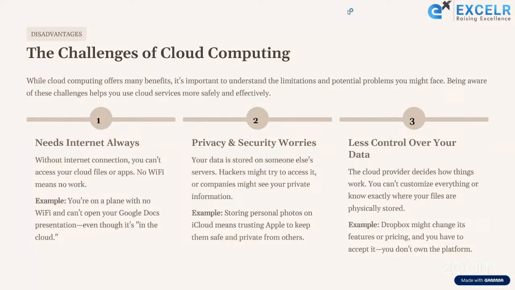Whenever you want to access any kind of resource, the internet is very much required here, because without it we cannot access any resource from the cloud providers. So that's why it is very, very important. It needs the internet always. Without an internet connection you cannot access your cloud files or applications. No Wi-Fi means no work. That's what I said at the start of the class.